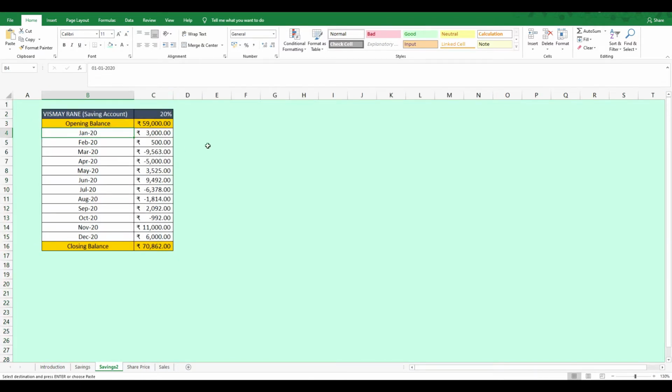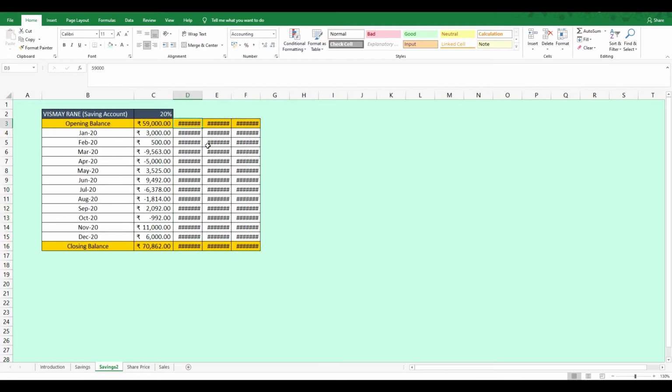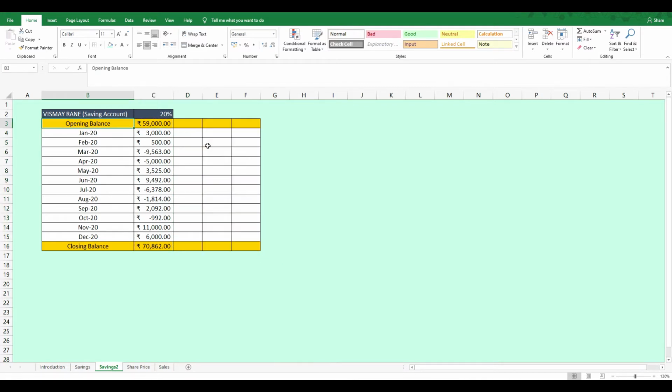So there are a few changes when you're doing a waterfall chart without the waterfall option. Let me add 3 columns, and I'll delete everything in these columns. Now in this particular example I had an opening balance, then the credit, the debit, credit and so on. So what I need is the changes of the figure. If I add 3000 to 59,000 rupees, the amount would be 62,000 rupees, and then 62,500, then this is the debit, this is the debit.